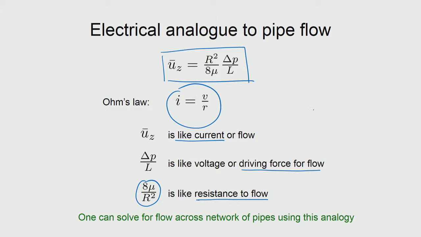Whenever you have a network of pipes, for example, in situations like this, what happens to the flow, and what would be the pressures at different junctions? These can be solved using the same analogy. You could also solve them piece by piece, but that would be a little more tedious.